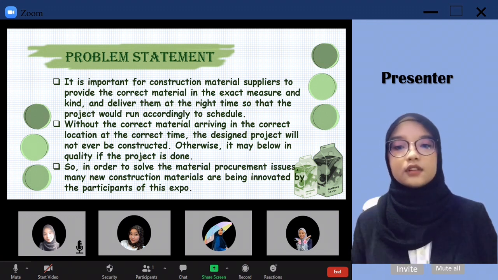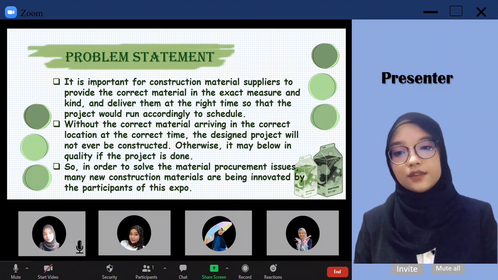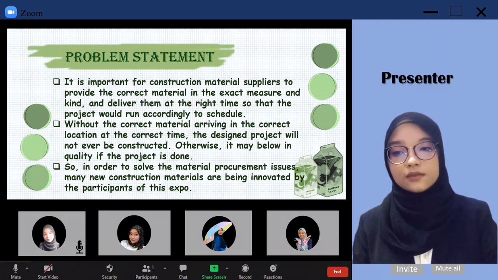It is important for construction material suppliers to provide the correct material in the exact measure and kind and deliver them at the right time so that the project will run according to schedule. Without the correct material arriving in the correct location at the correct time, the designed project will not ever be constructed. Otherwise, it may be low in quality if the project is done. So, in order to solve the material procurement issues, many new construction materials are being innovated by the participants of